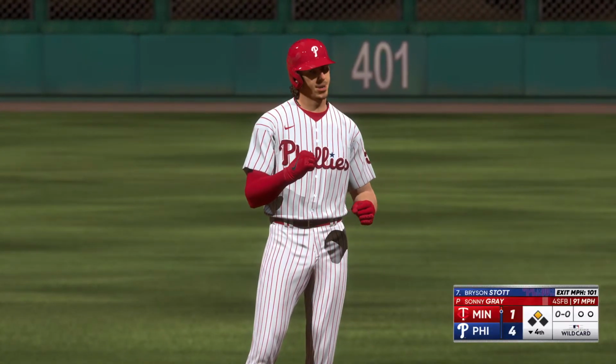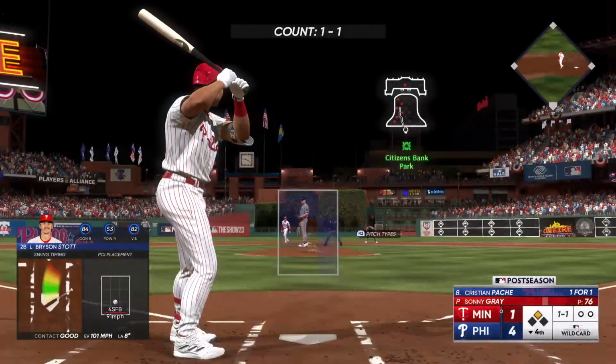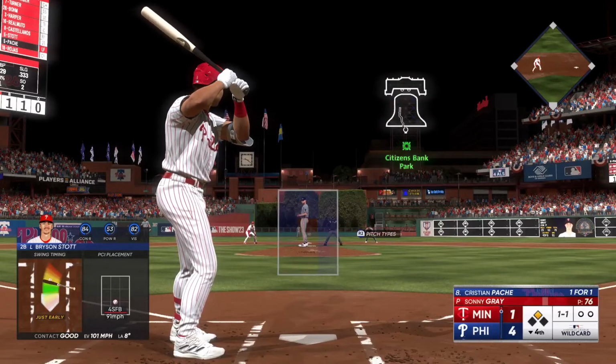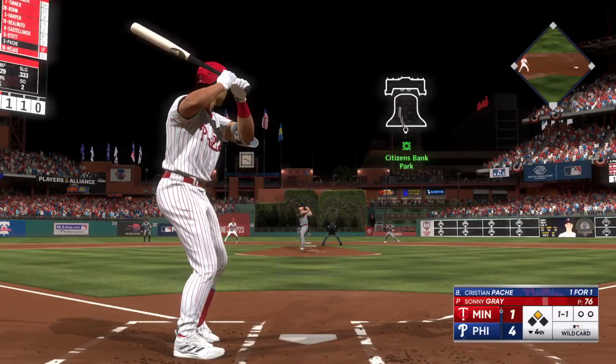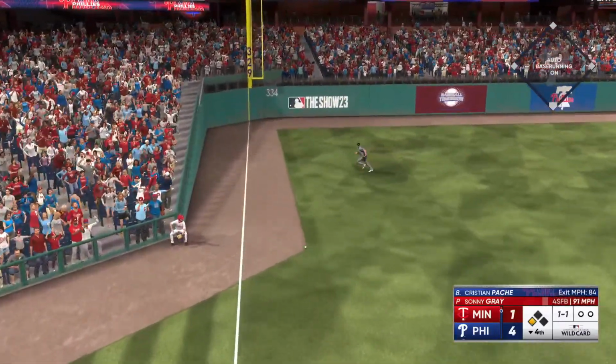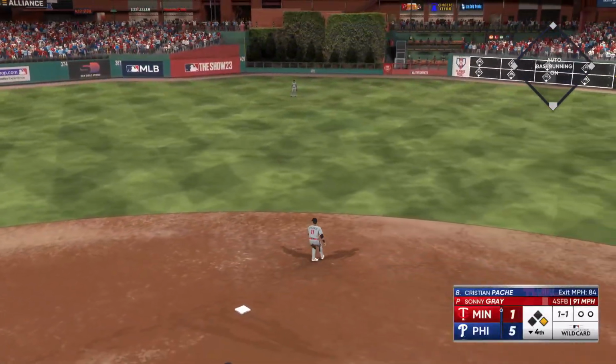Nice line drive to the pull side, met it out front, but just stayed through it nice enough and ripped it into the outfield. Here's Christian Pache. Singled and drove in a run his first time through. That one down the line. Fair ball. Stop. Coming home. He'll score easily, and they lead by